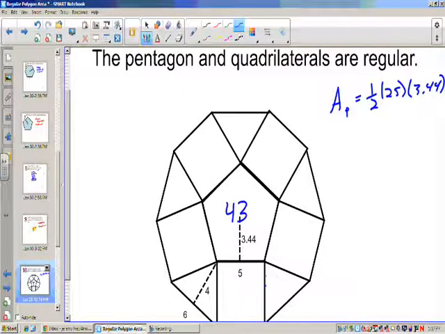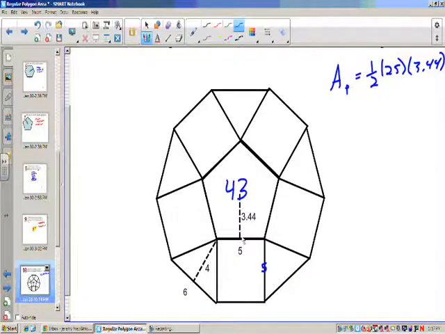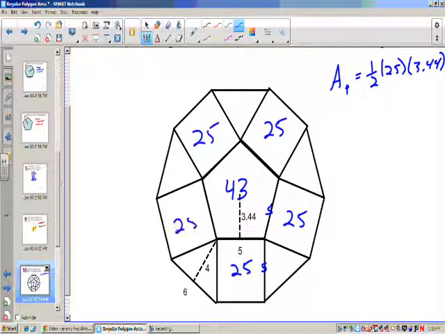So if this is 5, this is 5. So this area is 5 times 5, which is 25. If that's 5, and it's regular, that's 5. So this would have an area of 25, and 25, and 25, and 25. Now we just have to find the area of each of the triangles. Now the area of a triangle is going to be base times height divided by 2. So that's 24